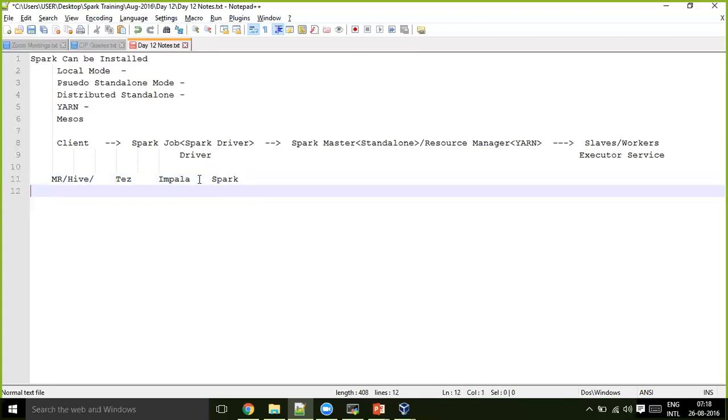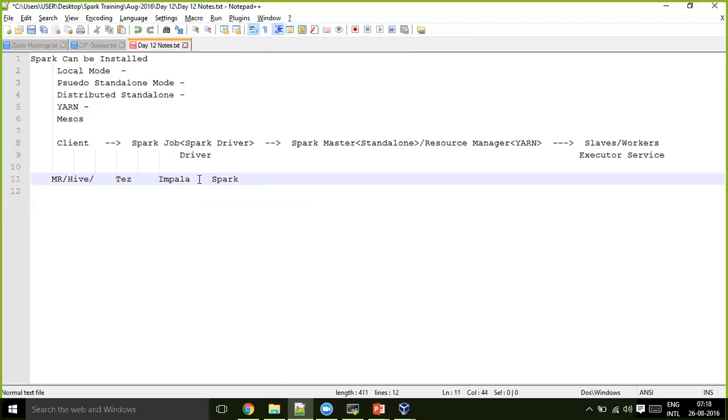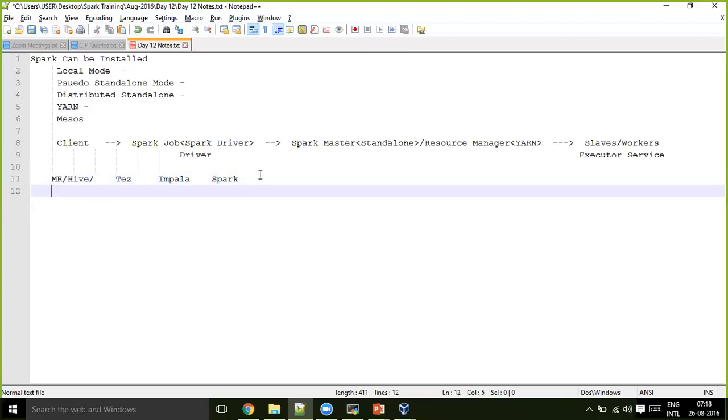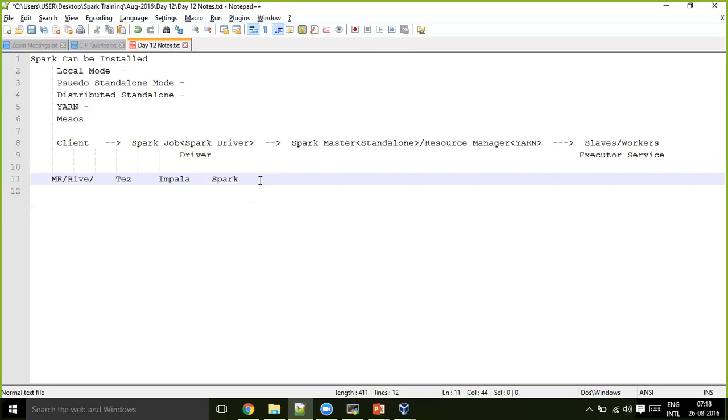Okay. And there are a few other frameworks coming, Apache Flink and a few others, which are going to evolve in future. They are going to run even faster than Spark. But let's not consider all these things in scope for now. What I am trying to give you a heads up on is that this is a continuous evolution.